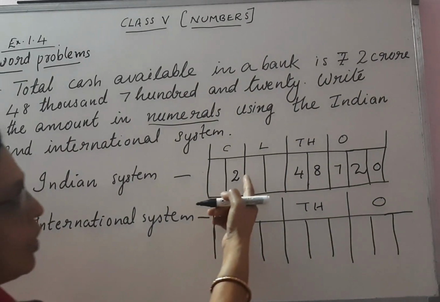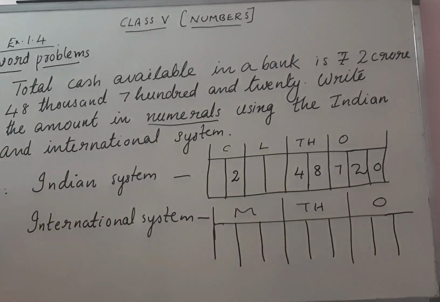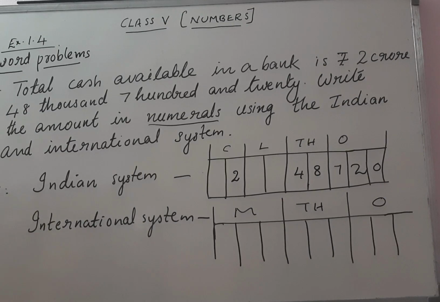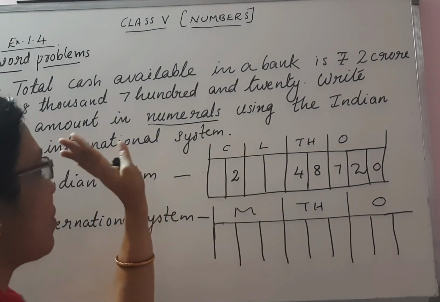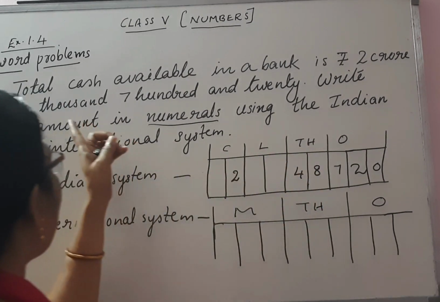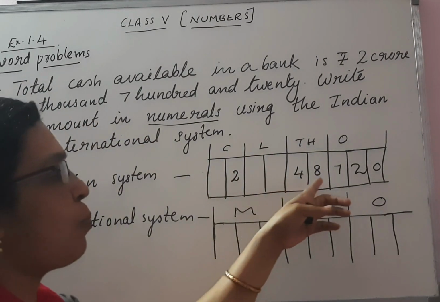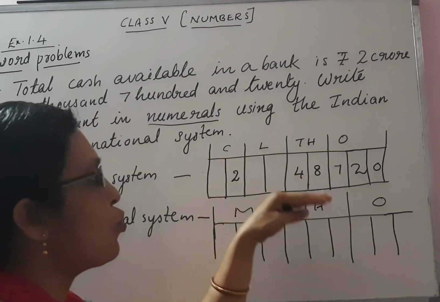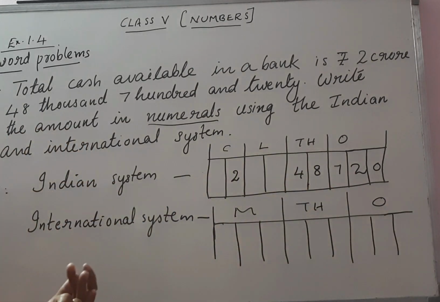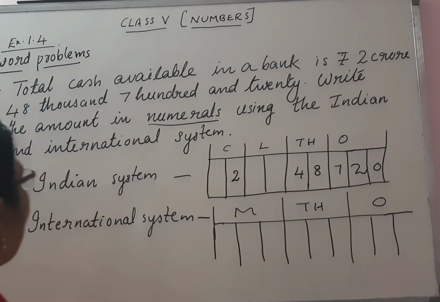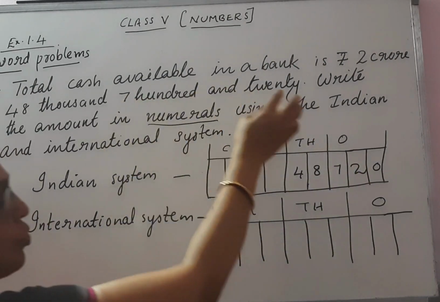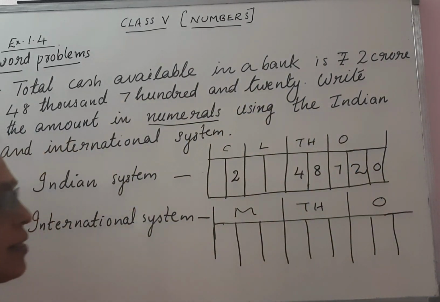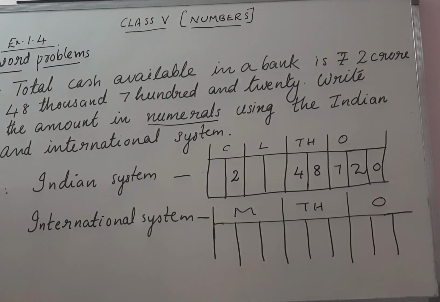Now we can see here 2 places are left out. There are no lakhs in the question. 2 crore 48,000. In the crores place 2 is there. There is no lakhs place mentioned in the question. But in the thousands place you can see 48,000. So 2 places are there. We should fill those 2 digits, that is 48, the number 48 in the thousands place. Then you have to go to the ones place. 3 digits 720, the 3 digits are there. So we filled all the digits there.